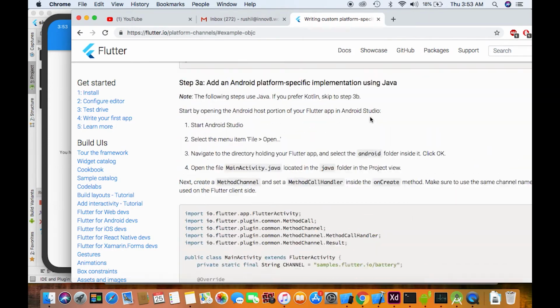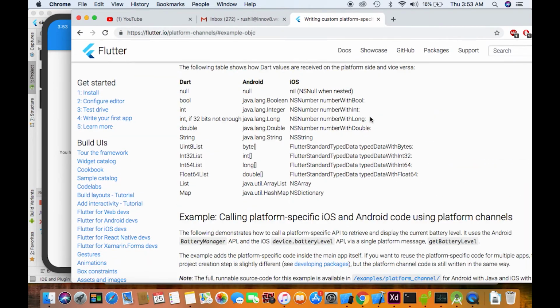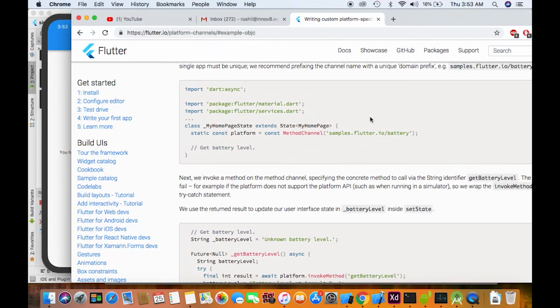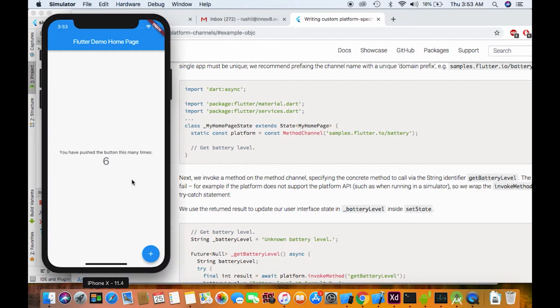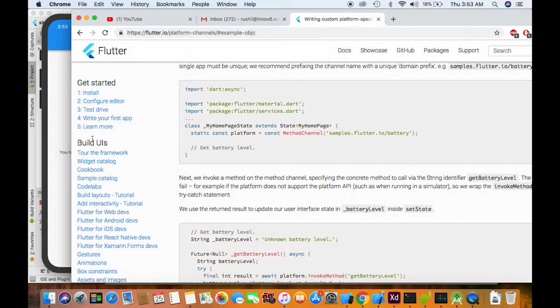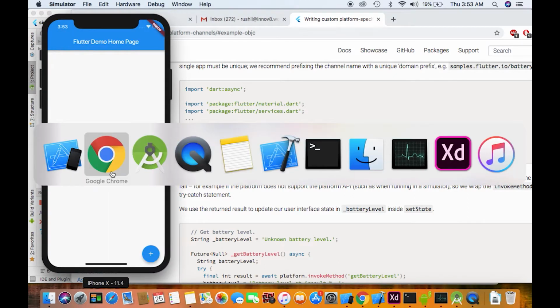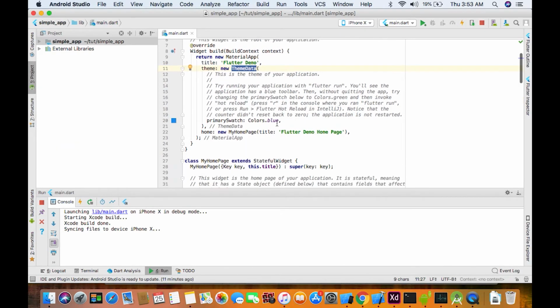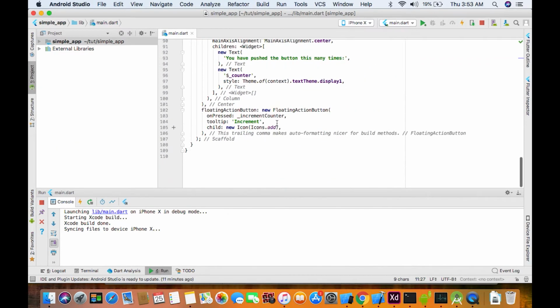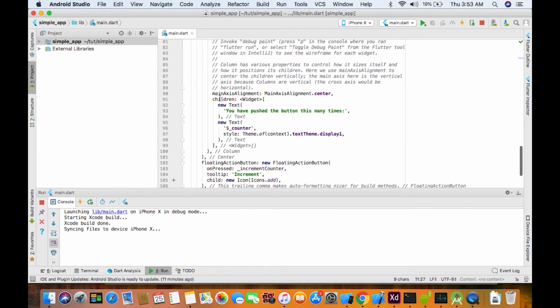So I'll just quickly implement this. We'll go from the beginning, remove most of the unwanted parts, and create a platform based call.